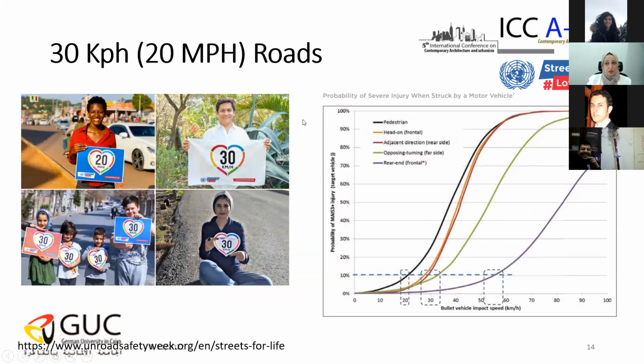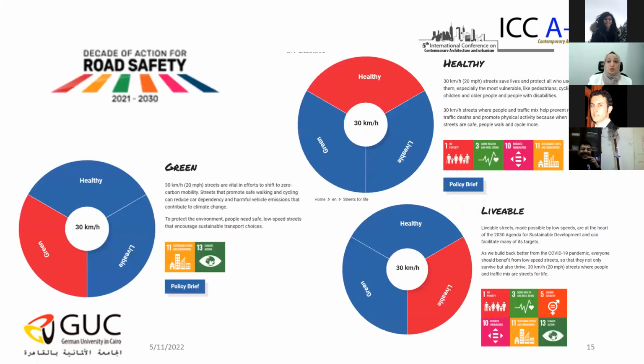and this is by the United Nations and the WHO, that if the speed on roads are reduced to 20 miles per hour or about 30 kilometers per hour, we can highly reduce the probable injuries that can happen, as you see, from this 100% to only about 10%. And that would be a very good thing, and actually a miracle. So road safety is not just about road safety.